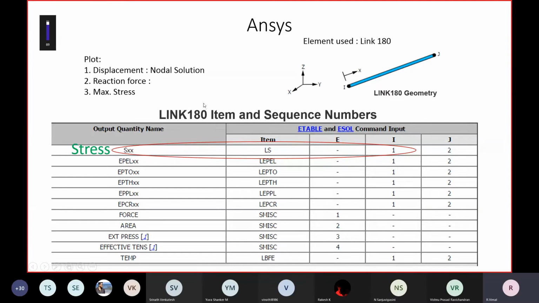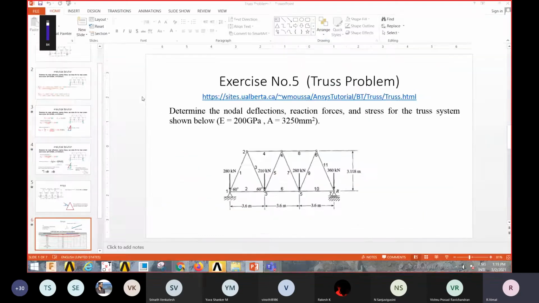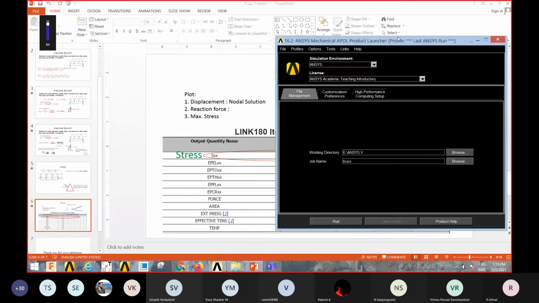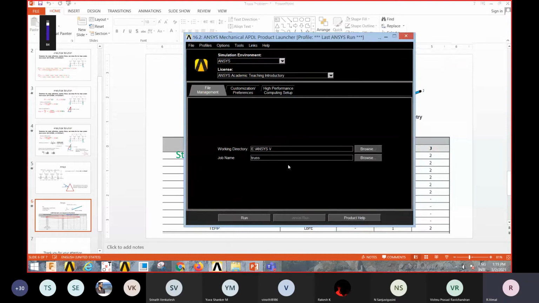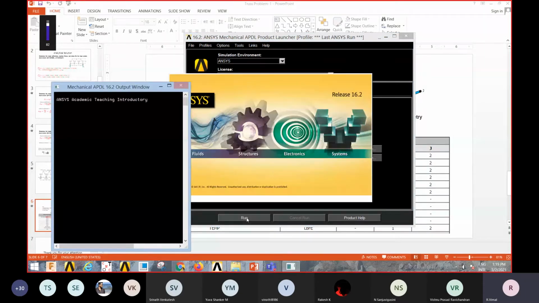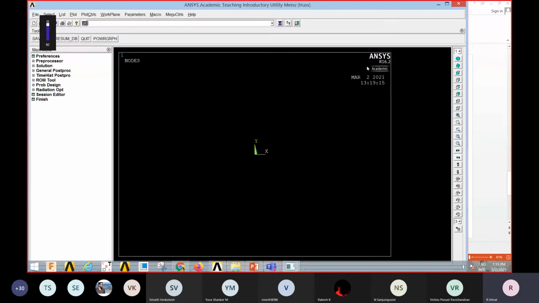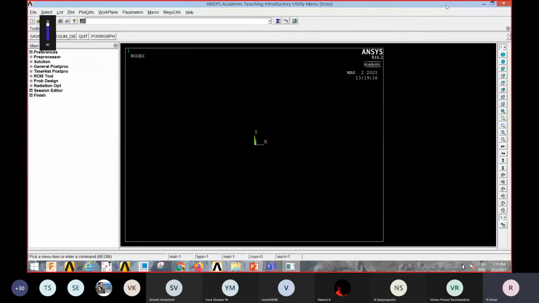In today's class, we'll be calculating nodal displacements, reaction force, and maximum stress. We are going to the ANSYS software. Once you launch the ANSYS software, you'll get this green screen. There you click on truss in the job name, and then you click on the run button. You will get this screen.